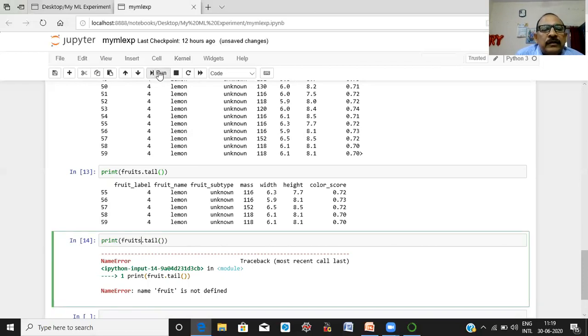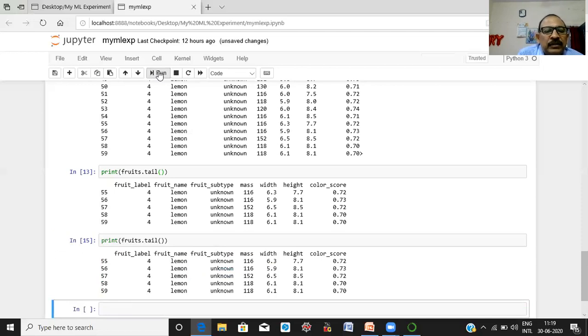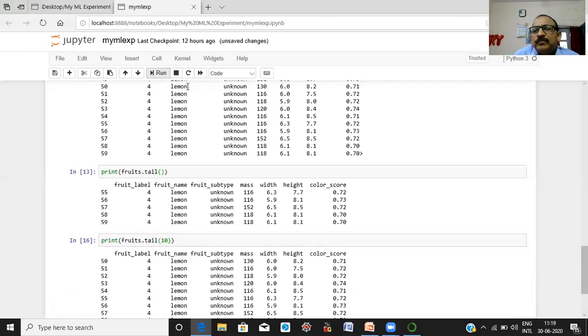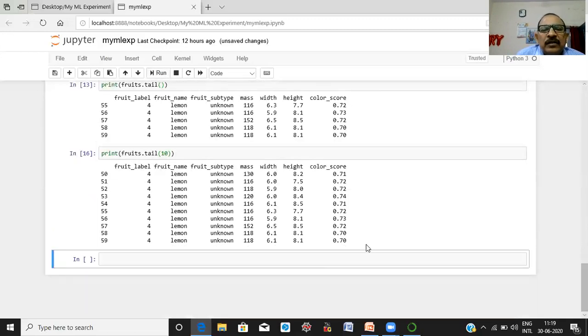Now run it again. Sorry, here you have to specify the parameter 10. Suppose you want to look at the last 10 records. Now run it. Here you can see the 10 records are displayed on the screen.